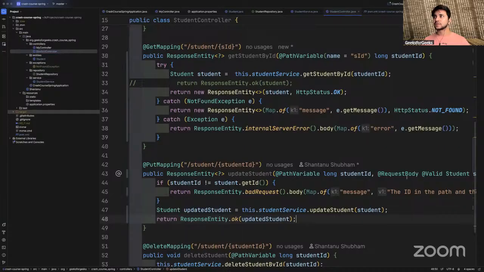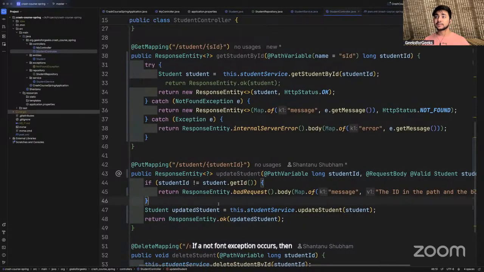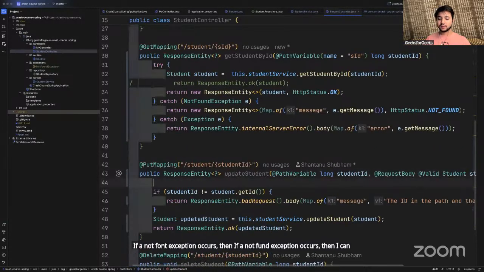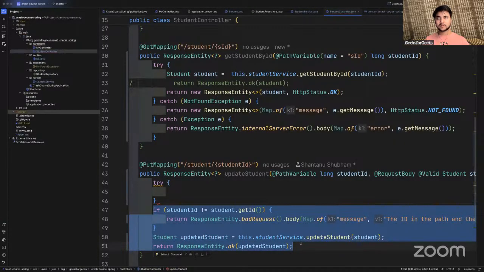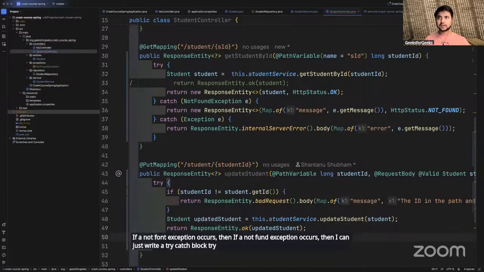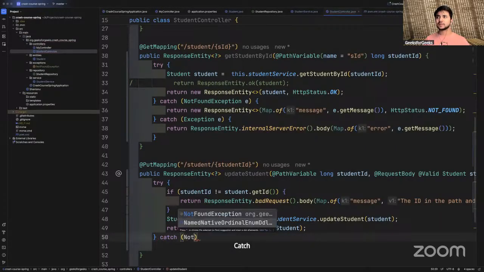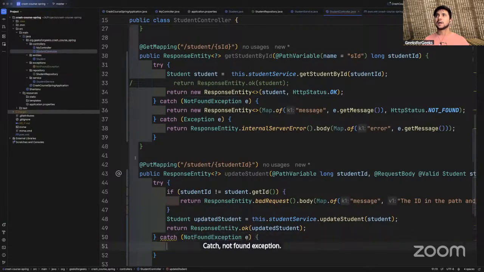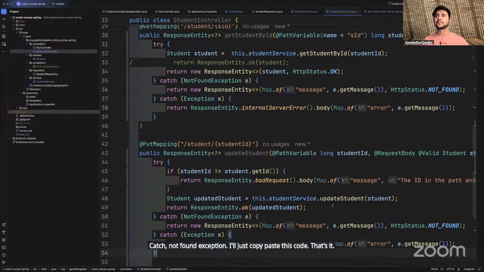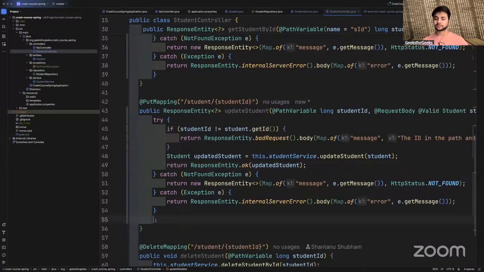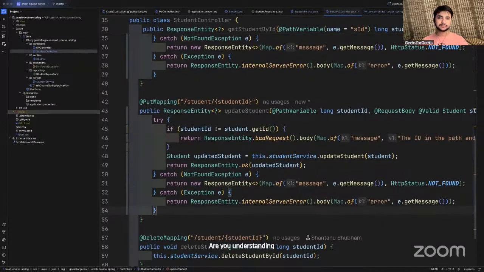If a not found exception occurs, then I can just write a try catch block, try, catch not found exception. I'll just copy paste this code. That's it. Are you understanding what we have done?